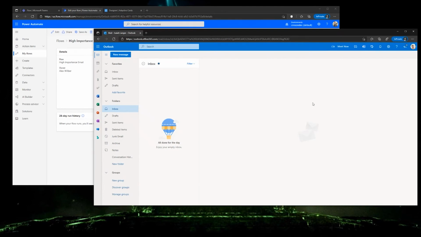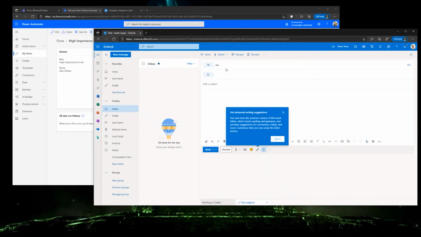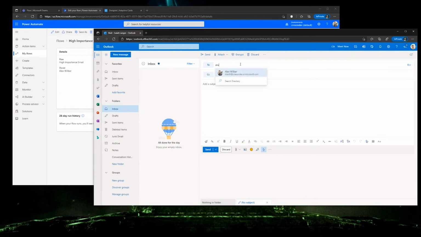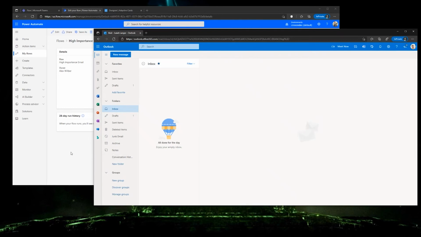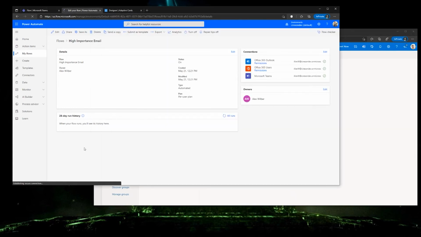So now I'm going to go over to Isaiah, and I'm going to send off a message to Alex. I'm going to say, here's my subject. Here's the body of the email. This is super important. And as I said, as our trigger, we have to mark the importance as high. We send this off. And if I refresh here,